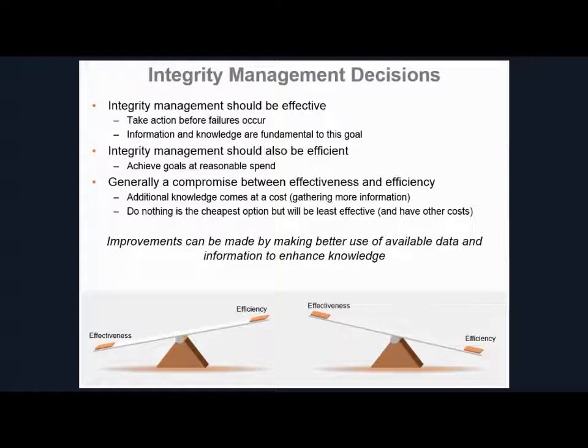So you want to achieve the goals at a reasonable spend. You want to have effective integrity management, no failures, but also without having to spend too much money achieving that goal. Generally there's a compromise between effectiveness and efficiency because of the additional cost of information. So in many cases, doing nothing would be the cheapest option. You'd have high efficiency in terms of spend, but the effectiveness would be very low, and you end up paying for that through other costs like costs of